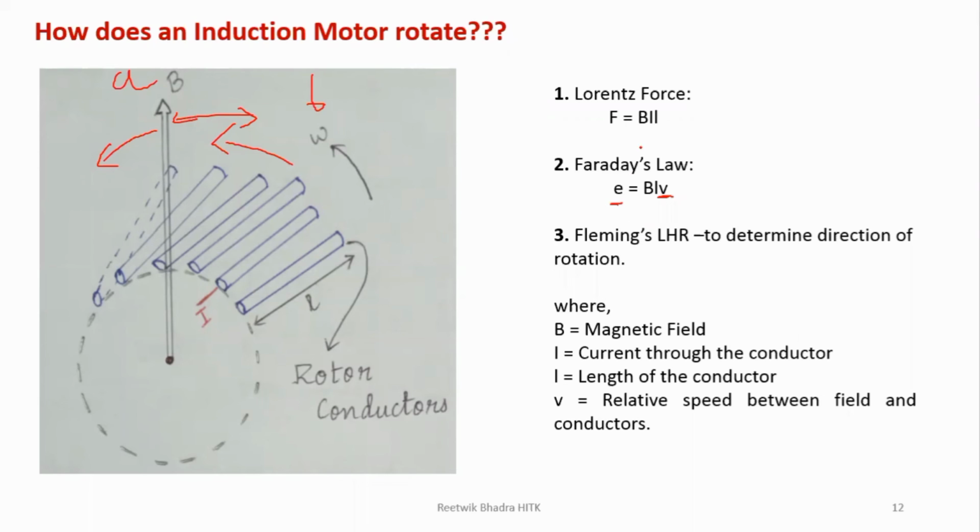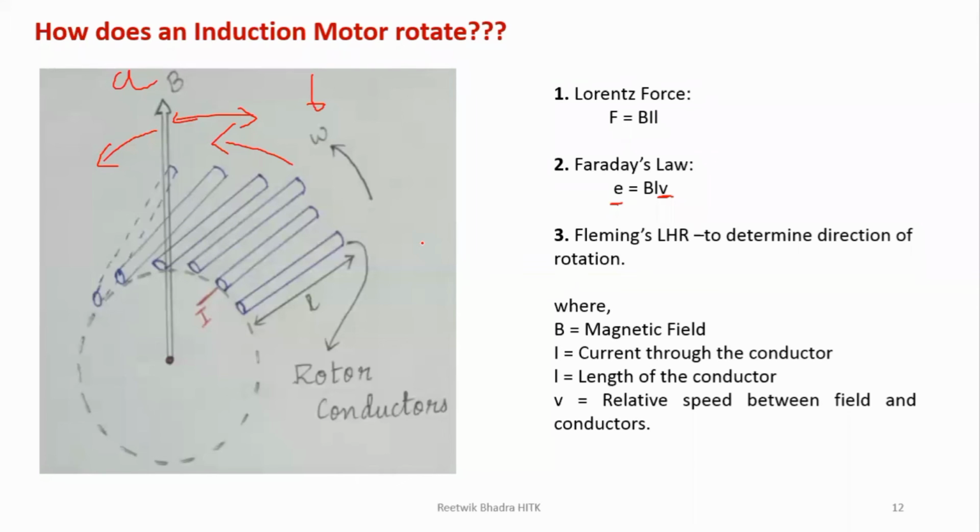So EMF will be 0, there will be no current, I will be 0. If there is no I, there will be no force, hence the conductors will not rotate. So the rotor rotates in the direction of the magnetic field, but it tries to catch up with the magnetic field. It can't attain the same speed of the magnetic field, because if it attains the same speed of the